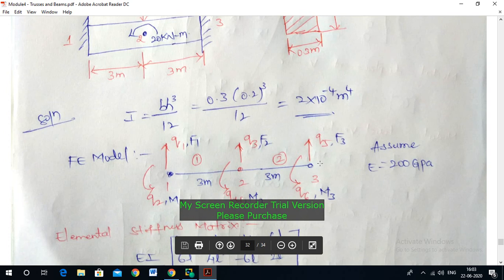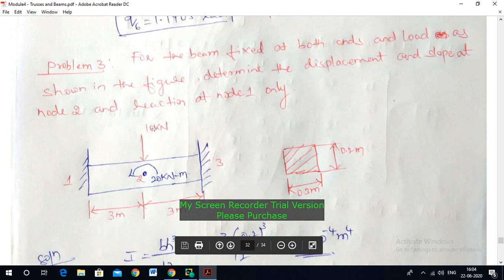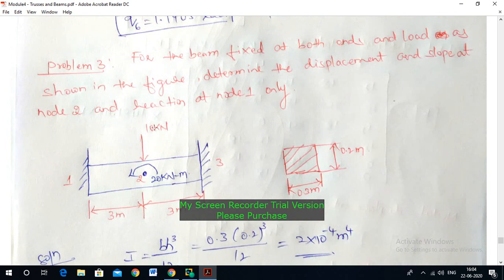F1 is the force acting at node 1 and m1 is the moment or slope at node 1, and f2 is the force at node 2 and m2 is the moment applied at node 2, and f3 is the force acting at node 3 and m3 is the moment applied at node 3. Assume E equal to 200 gigapascal,